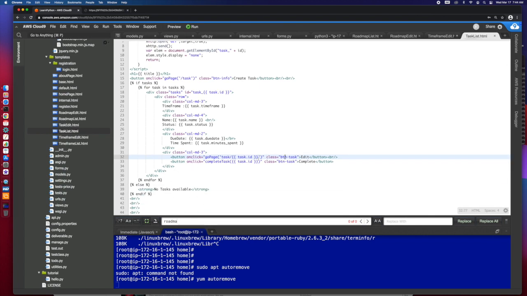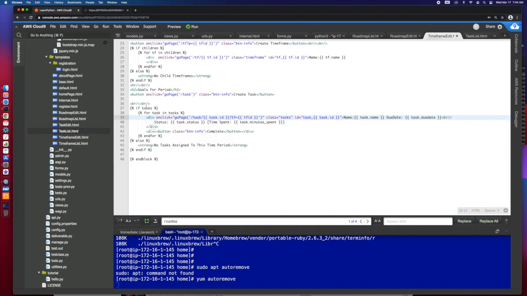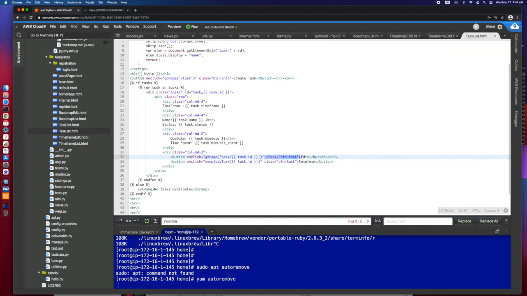Let's see. So it was a button task, which we may keep at that. Let's change that class over. So we'll go over here, and instead of a button info, he's going to be button task. And let's go back to that guy. We had him split